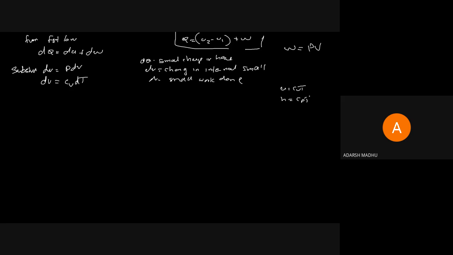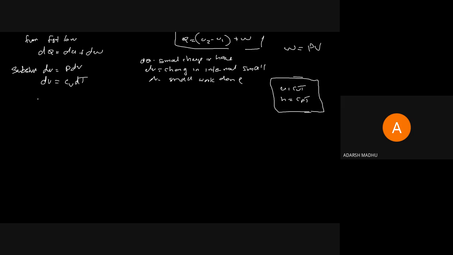u equal to Cv T and h equal to Cp T is a very important term that we studied in the first module. In the case of the first law, we studied that internal energy u equals Cv into T, the specific heat at constant volume into temperature, and h equals Cp into T for a perfect gas. So du equals Cv dT for a small change. Cv is a constant value, so we don't need to take dCv. So du equals Cv dT.